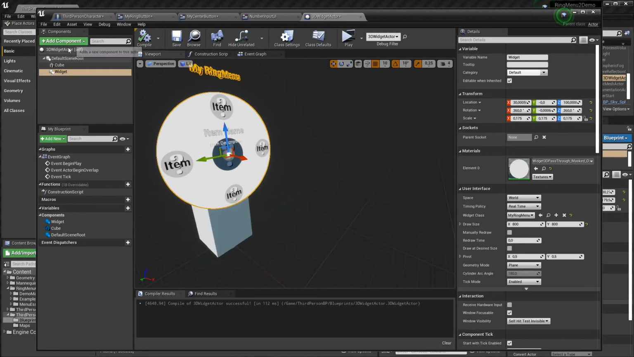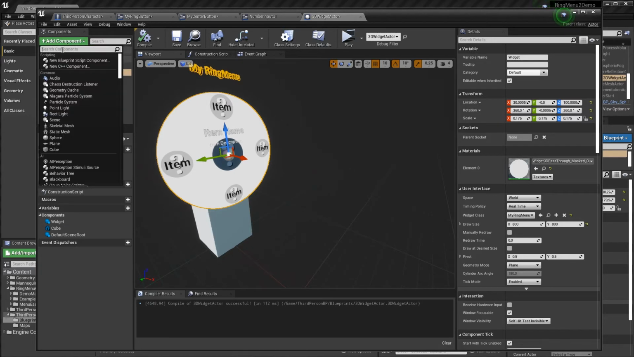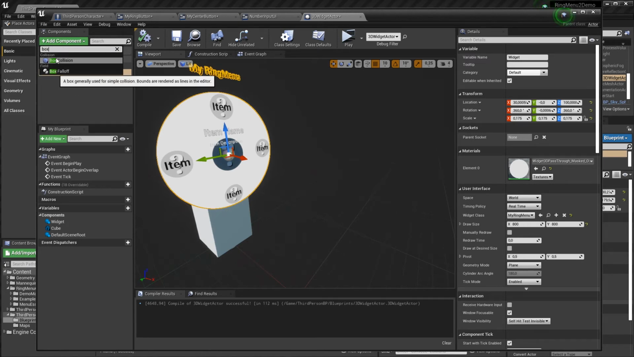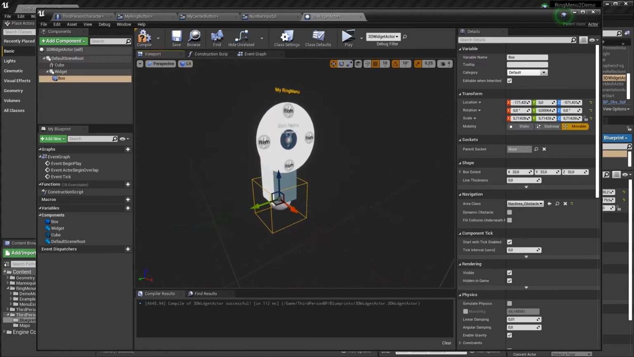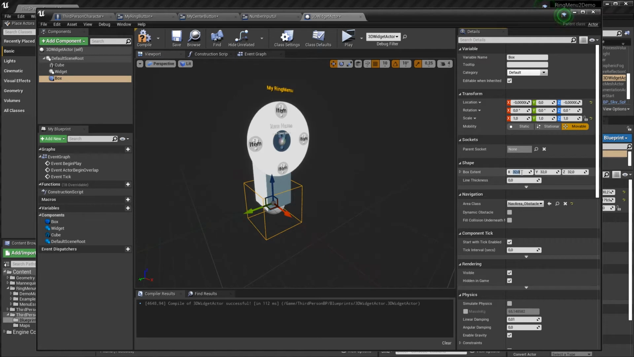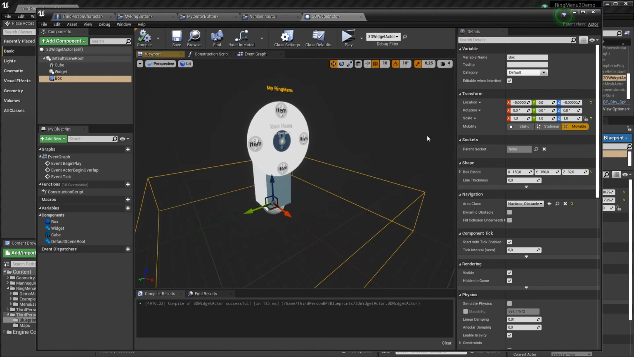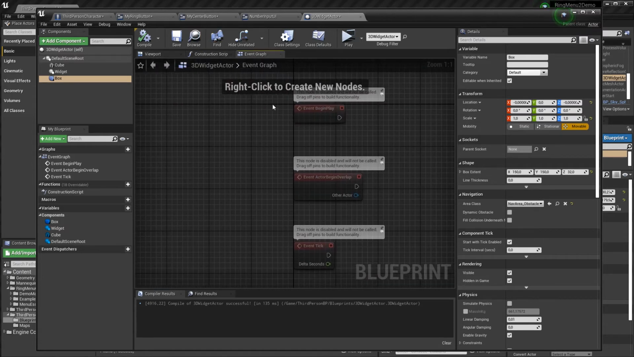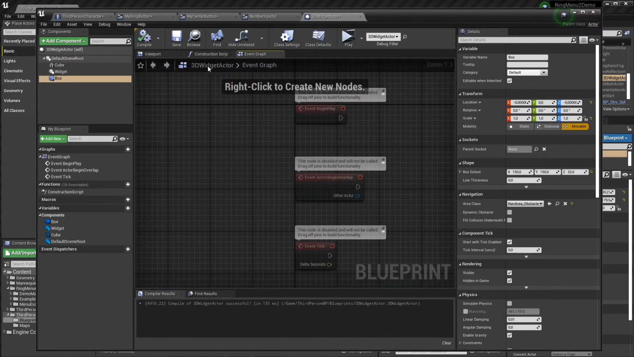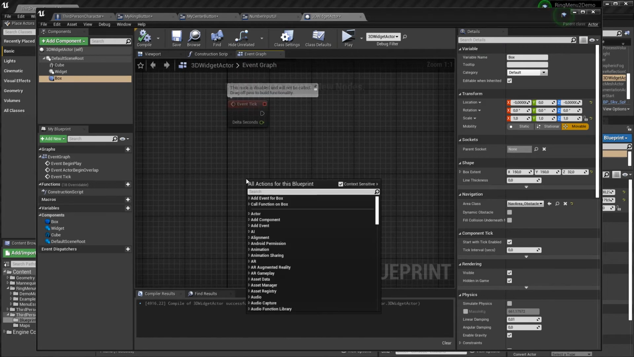For that, we need a trigger box. So let's use a box collision for that. Let's set that to 100. Now let's give the player some more space here. Okay, to 150 each. And in the event graph, we'll say as soon as someone overlaps that box,